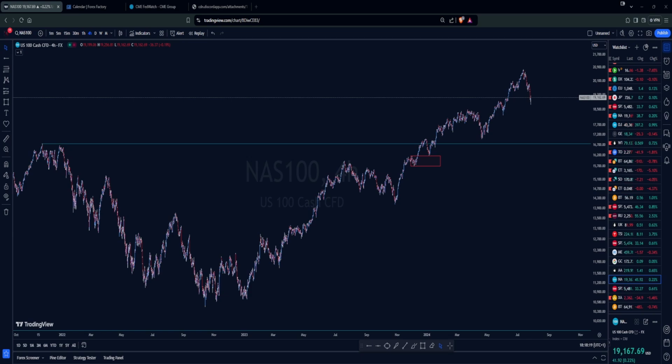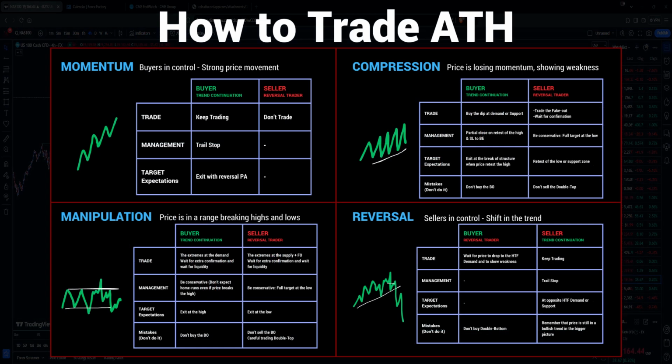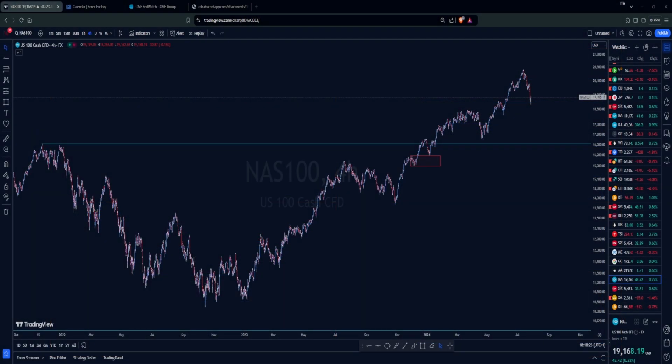Hey guys, today we are going to talk about how to trade all-time highs. Why is that important? Well, these are the market conditions that we have been trading for the most part of 2024. For example, we saw Bitcoin breaking new all-time highs back in March. We saw gold recently break new all-time highs again. And we have the US indices, in particular Nasdaq and S&P, that are breaking new all-time highs for the most part